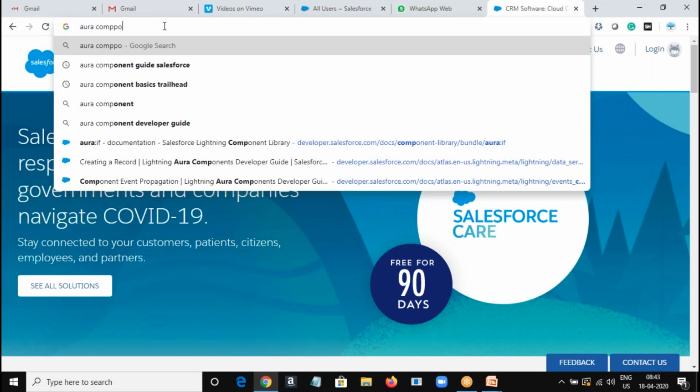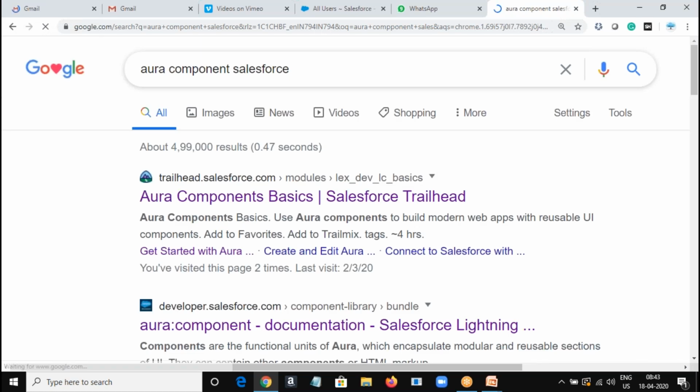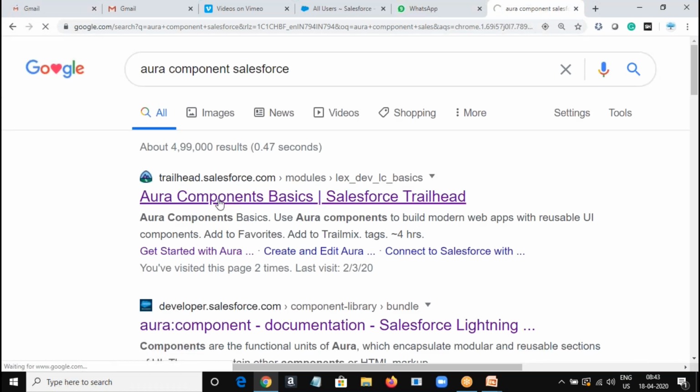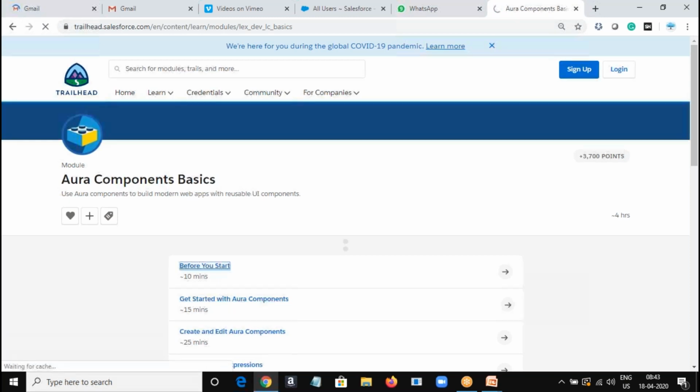Okay, so you can see some book definition also. You're looking for predefined definitions about what is Aura component. You can also look for the Trailhead or any source on the internet to know about what is Aura component.